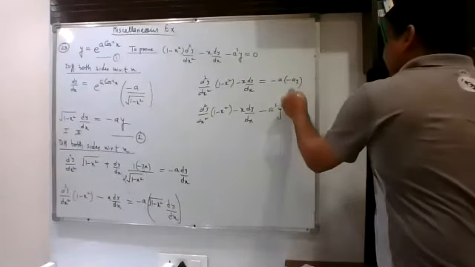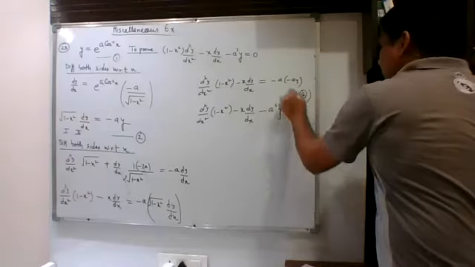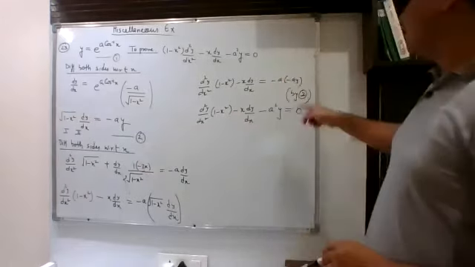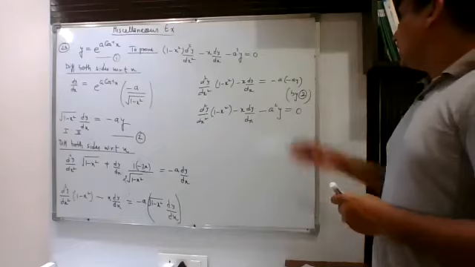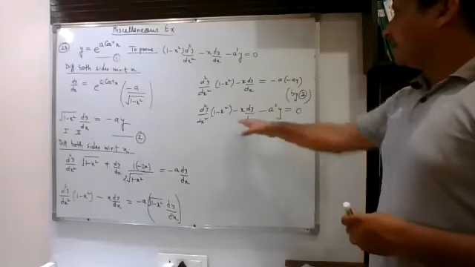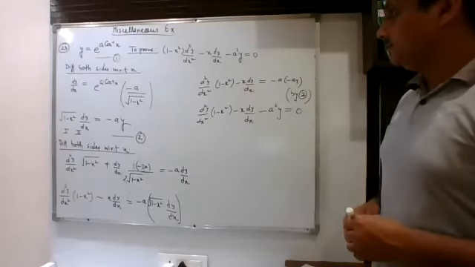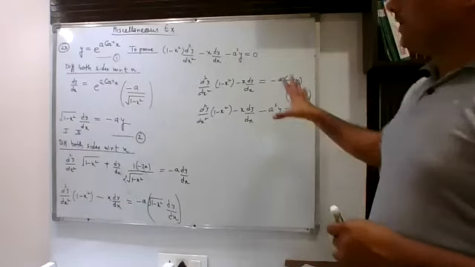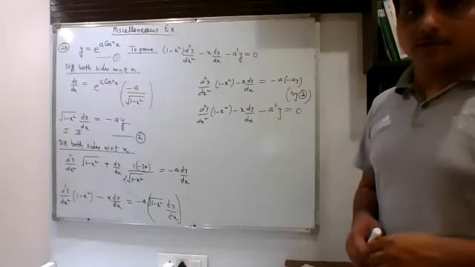So we had substituted the value from number 2. In place of this bracket, I can write minus ay by using number 2. Now after that, shift it to the other side, and this is the required expression which we want to prove. So this is how we can do question number 23.